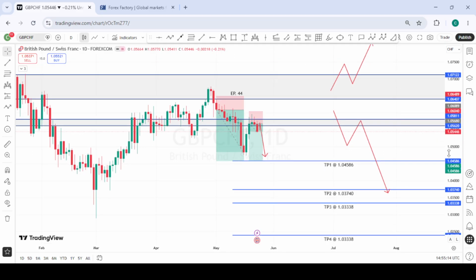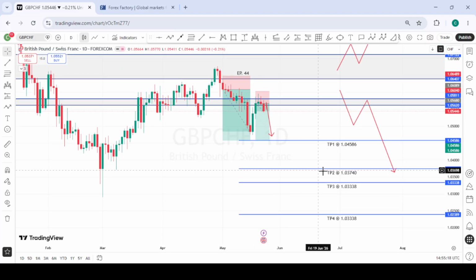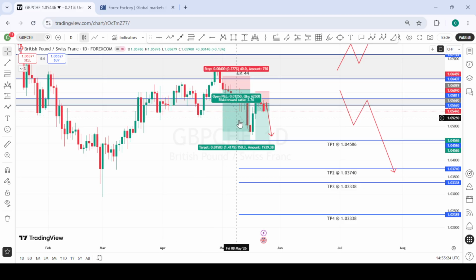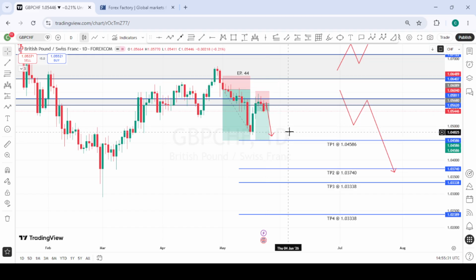If price gets to TP1 and it has a very strong momentum, we can likely hold this position to either TP2 or TP3. So if we're able to catch the third position, we can split the TPs, and then maybe TP1 for this position, TP2 for this position, and maybe TP3 for the next position. So we just have to be patient to see how price unfolds next week. So we are very bearish on GBPCHF for the coming week.